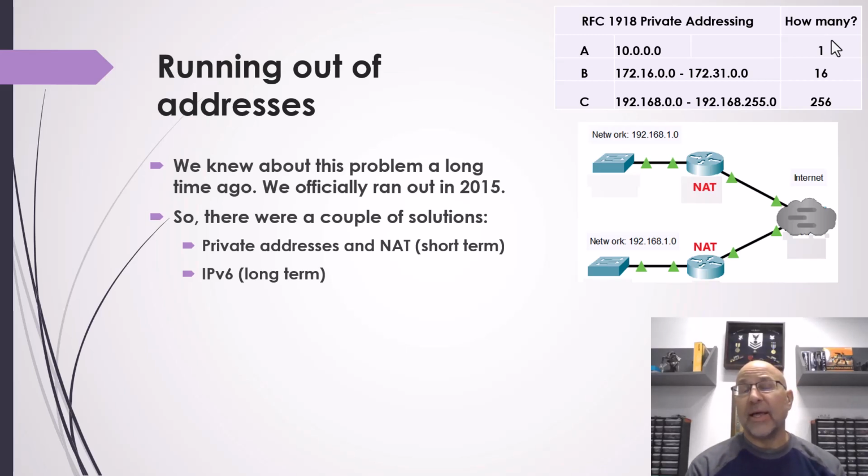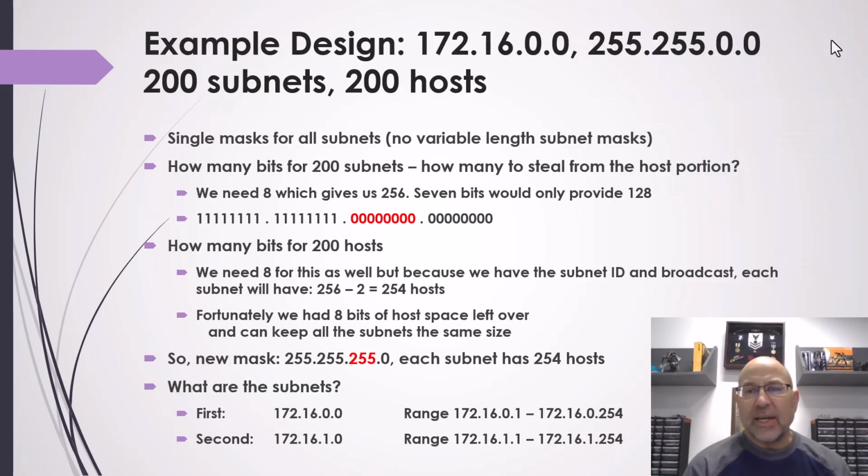So where we said a class A range would be from 0 to 127, we would now have to say, oh, it's 0 to 127 except for the 10 network, because we can't use these addresses on the public internet. So here is the design example from the book,